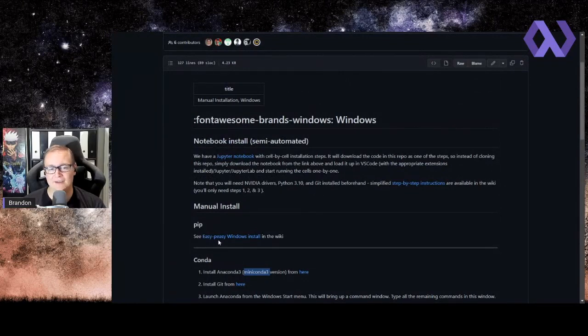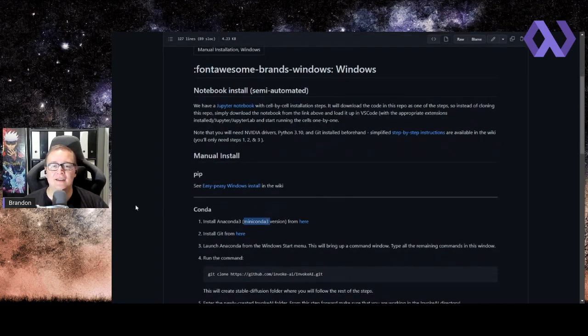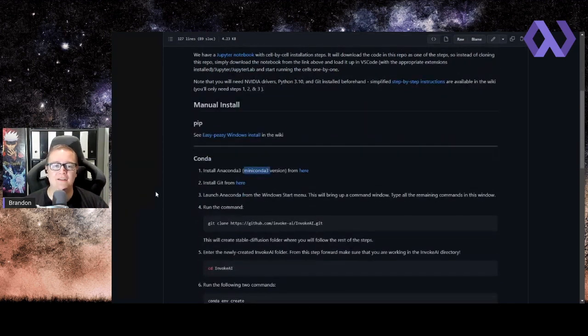They link to this easy peasy Windows install. It includes a more CLI driven workflow, I think, based on Pew, which is a virtual environment library or a tool to help you manage versions between different Python environments. Python is obviously the most widely used language and ecosystem for machine learning and AI-driven things. So it makes sense that this is in Python and that we're using tools like pip and u to get